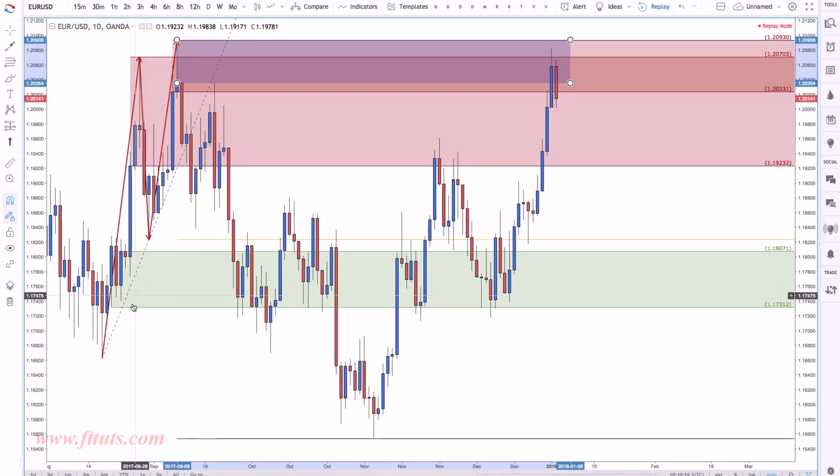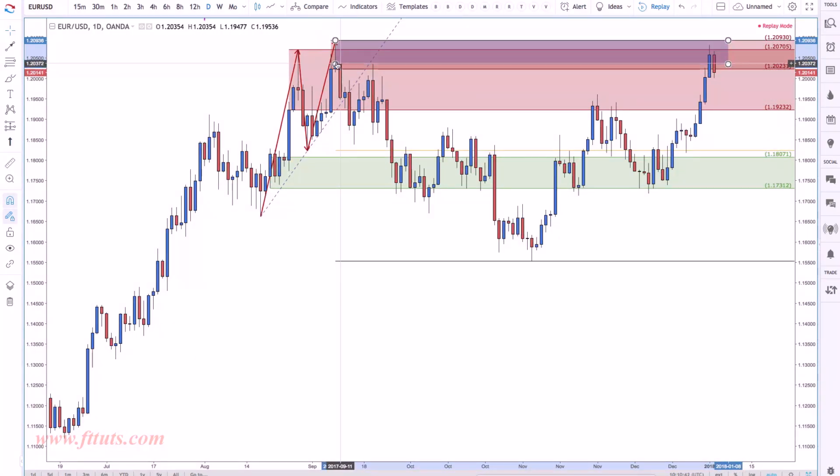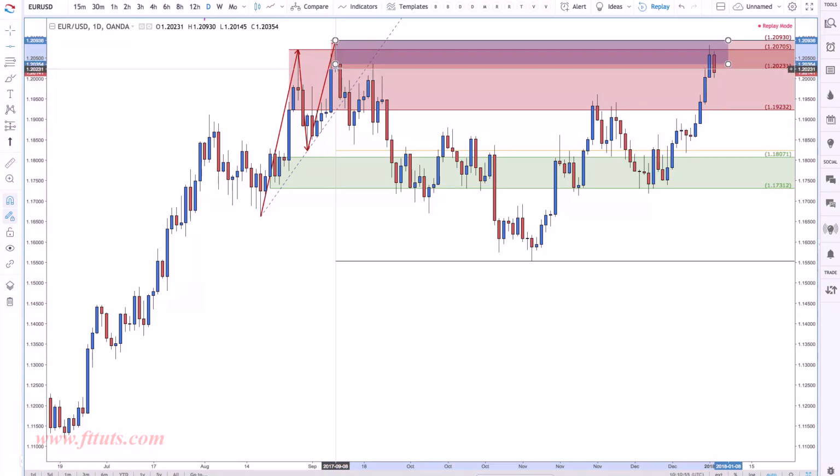We've done our analysis: supply takes out demand, there is a trend line, and if you want to see that hard in, hard out movement, you want to see fresh levels as well. Also, we want to look for if this was a previous level of support and resistance, and even though it had been touched once, twice, three times, we probably want to look back and see if this area had been a level